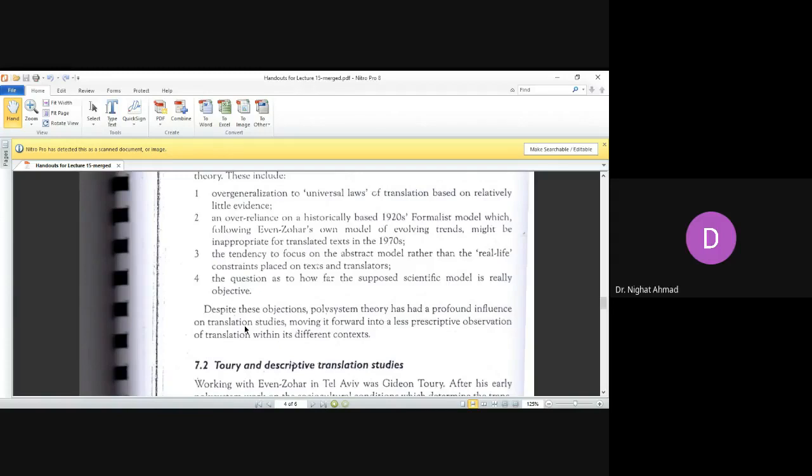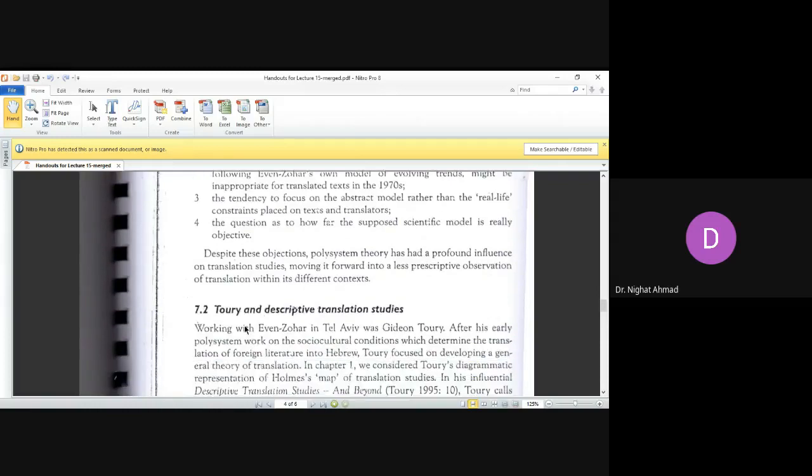Okay. So in our next class, I'll move on to Toury and descriptive translation studies, who also comes under these polysystem or system theories. His contribution is also important: Toury and the descriptive translation models. So we'll start with this topic,